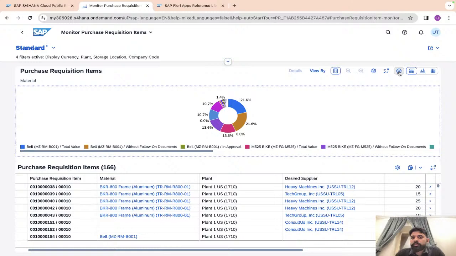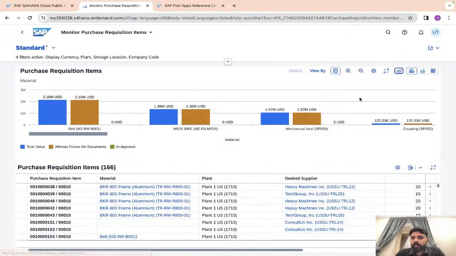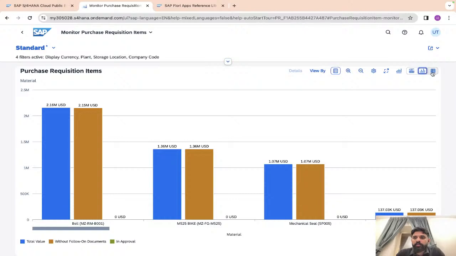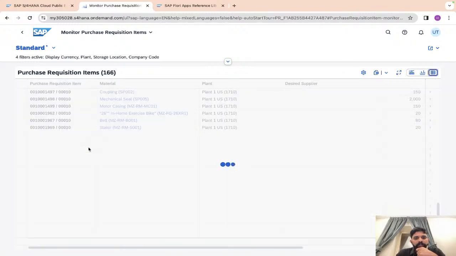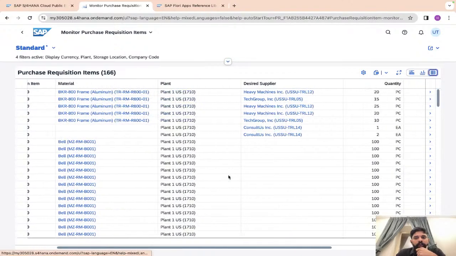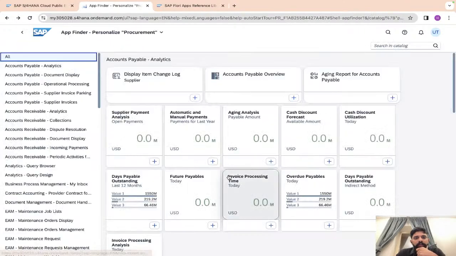So the chart part is done. I'll go to columns. Now I can change whether I want the chart and the table format together, only the chart, or only the tabular format. This is the way. If I come here now to the chart, it is showing 166 requisitions in total. Now we have different columns. You can see, I can